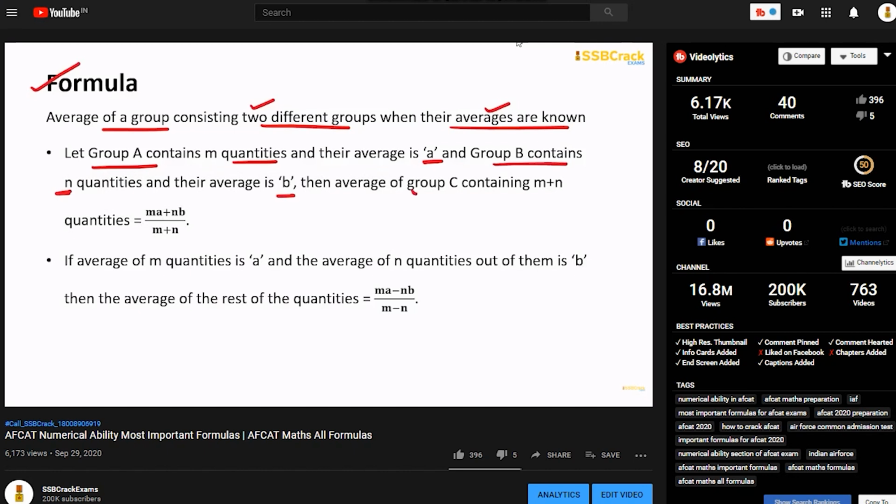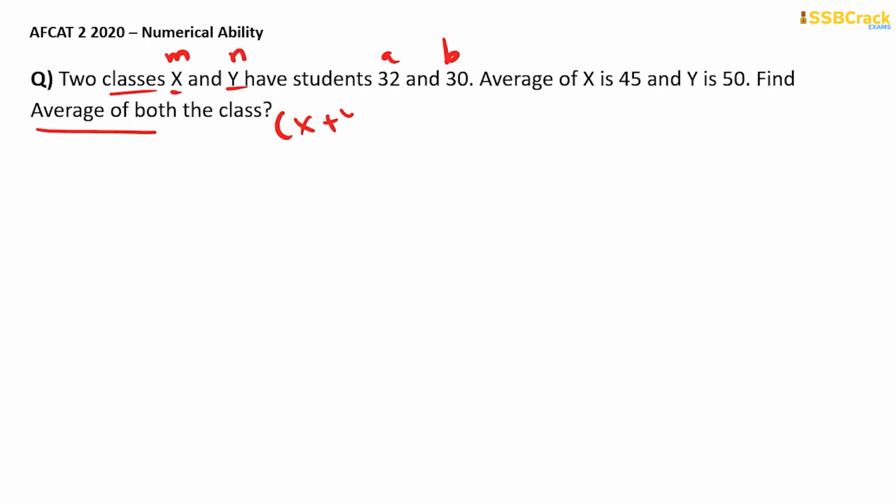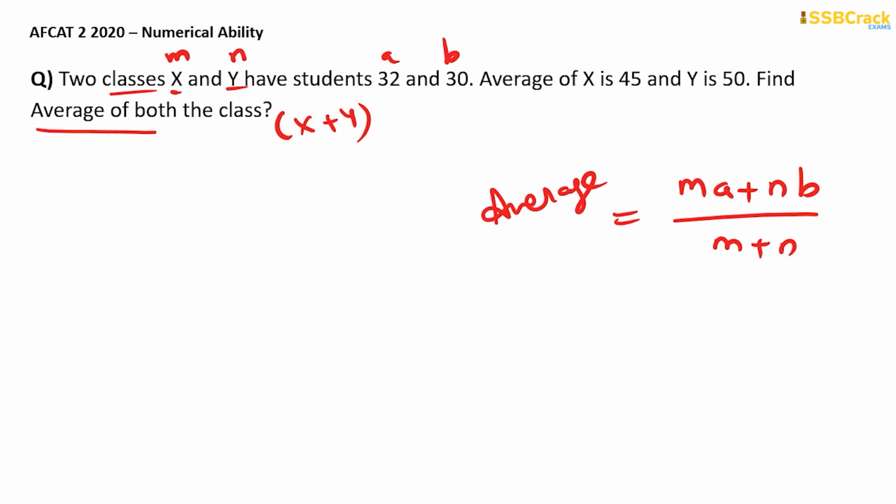then the combined average, like here the question is formulated, the average of both the classes together. So here they asked about X plus Y. The average of both classes X plus Y we find by the formula that we had discussed, that is MA plus NB upon M plus N. So this was the formula we had already covered in our most important formula based lecture series. If you had already watched that lecture, you must be at an advantage to attempt this question very easily in your exam. So MA plus NB by M plus N was a simple formula to go ahead with for this particular question,